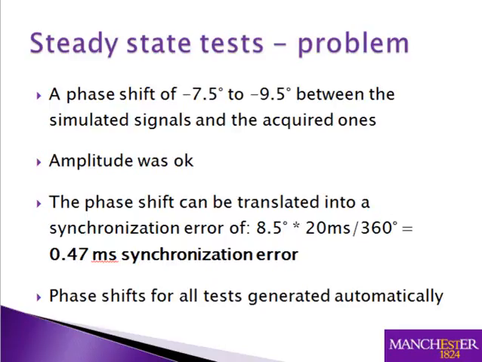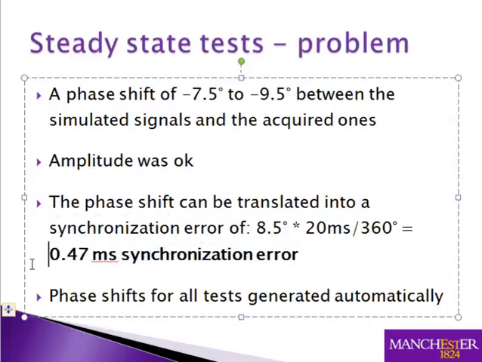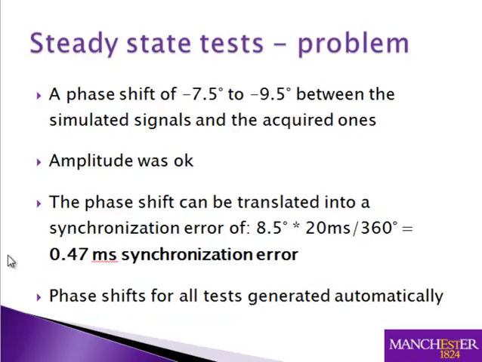Now the amplitude was okay, so of course we investigated this problem thoroughly, and it took us a lot of time until we realized it. But the phase shift can be translated into a synchronization error of 0.47 milliseconds, which is a lot. We had the Omicron starting the test at exactly